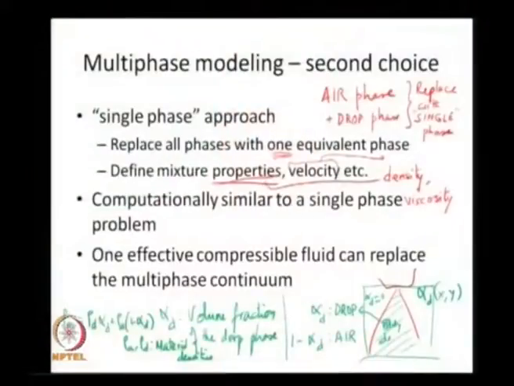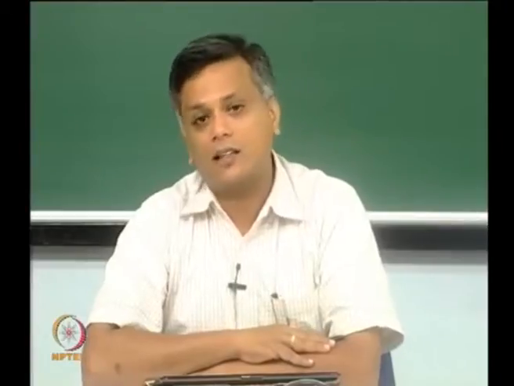This is looking a lot like our state property relationships, or more specifically like our ideal gas law. The ideal gas law relates pressure, density and temperature. Here is a simple way by which the density of my single fluid is related to another property of that fluid called alpha. Okay. So, I can now define other properties similarly. I do not want to go into that before we go into more detailed mathematics associated with this model,